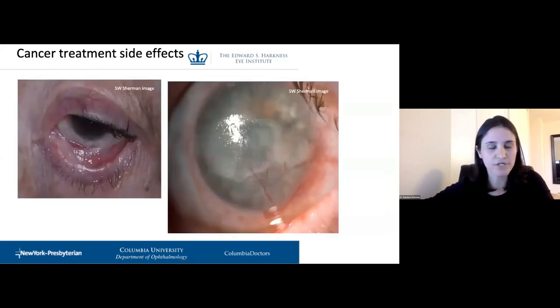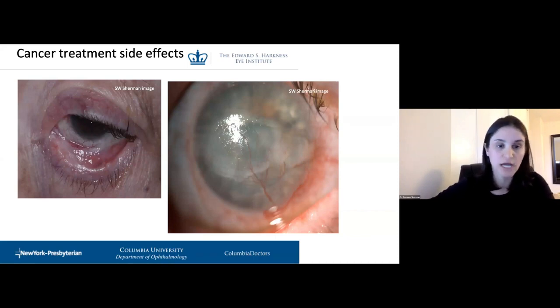Here are just a couple other examples. A patient of mine who had conjunctival melanoma, status post multiple excisions and biopsies in her eye, and she had cryotherapy. And here the lens is used for similar things as we talked about, right? For exposure, but also for protection from an irregular lower lid that had trichiasis, but also to lift her upper lid for her ptosis. And she wore that lens every single day until she passed from the disease, and it